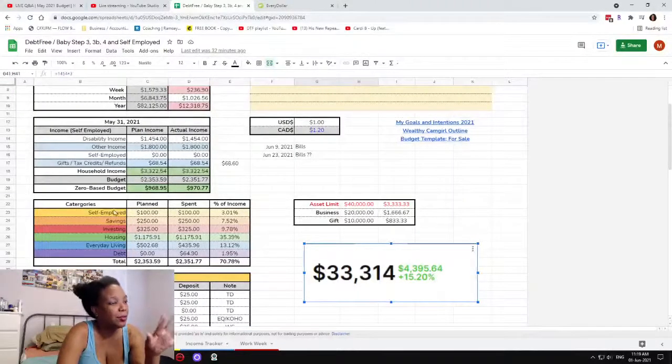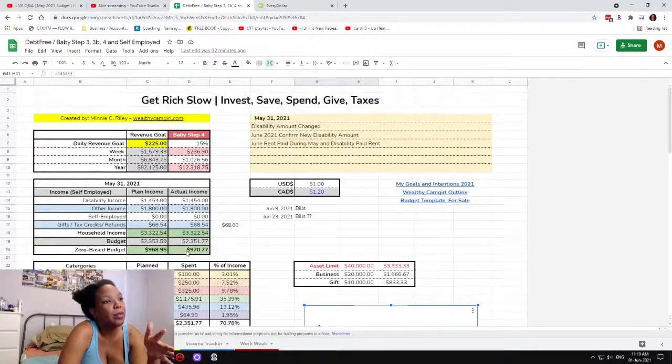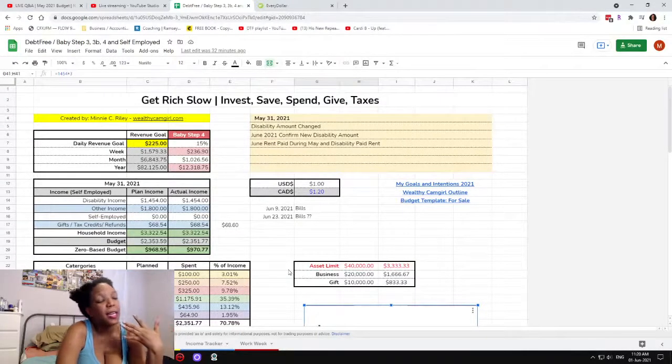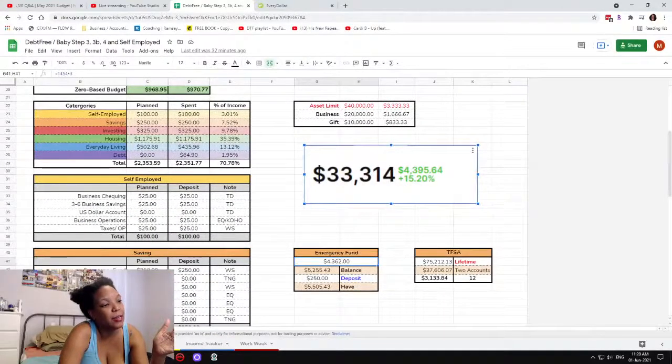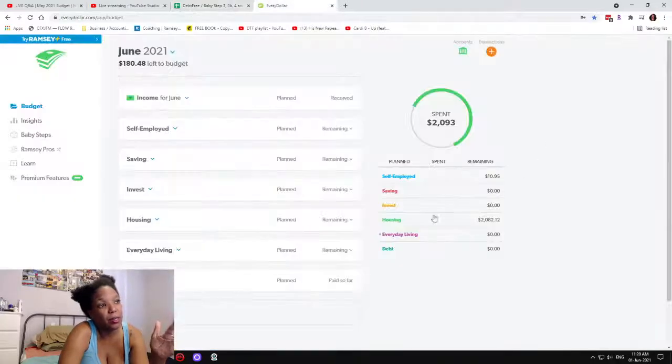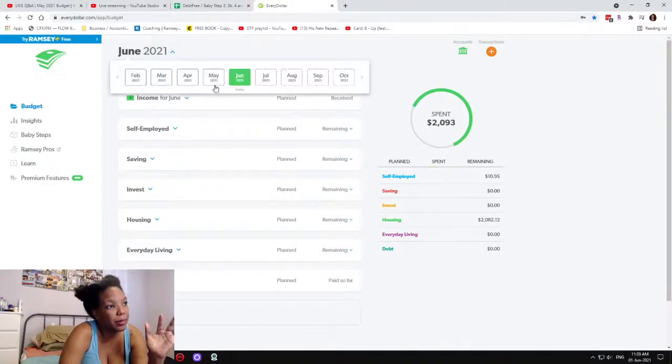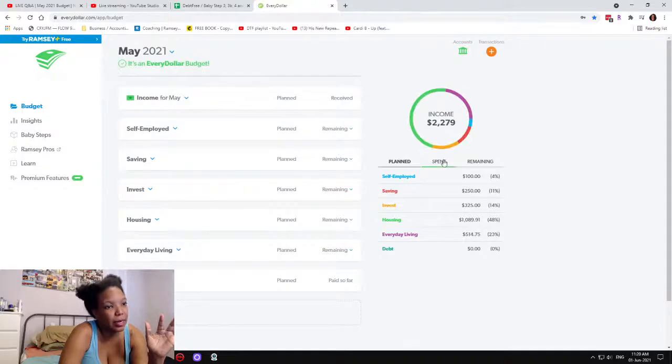And then this little spreadsheet I made, it acts like a zero-based budget. So if you don't want to use every dollar, or if it doesn't work on your phone, this works in Google Sheets. If you have the Google Drive app on your phone, this would work, so you can enter in the transactions to your spending and keep track. The whole point of the budget, why it works the way it does, is that you have to track where you spend in your categories, so that you know you're on budget. Like I did for May. Let's go back to May.